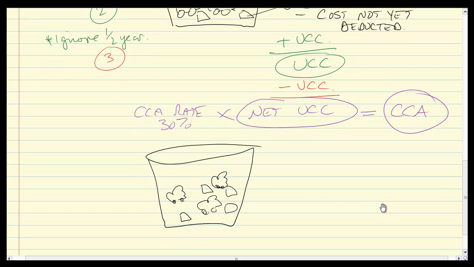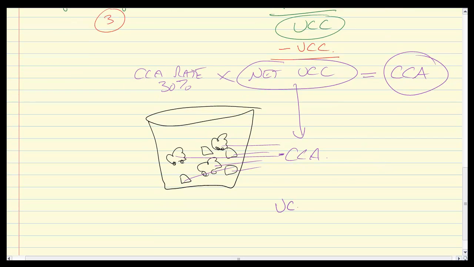And what that means is that each of these guys has had some CCA taken out. And so the bucket, the overall UCC in the bucket has gone down. Okay, so they're all still there, but CCA reduces the overall UCC. So we've got this idea of the UCC, this net UCC here, we need to take out this year's CCA to arrive at what? The UCC that will become for next year's